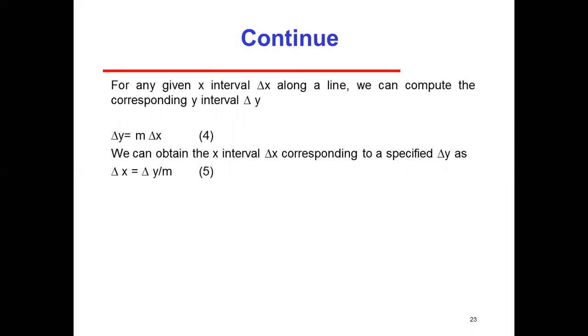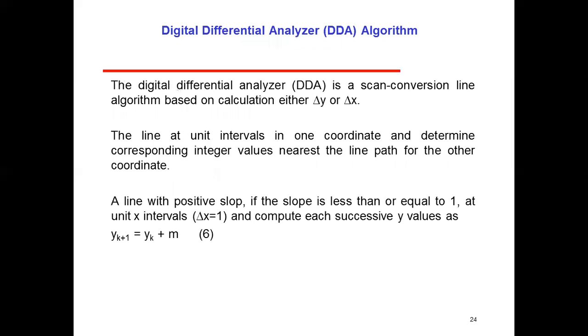If we are aware of the initial point and final point, then we can calculate the slope of the line, and similarly we can choose the delta y value, and after that we can calculate several intervals. We can say x1, x2, x3, x4, x5 and so on, and then with the help of those intervals we can draw the line easily. So this is the digital differential analyzer, DDA.